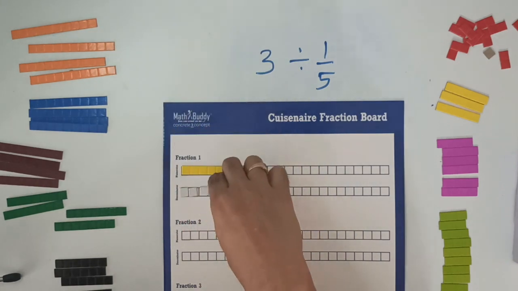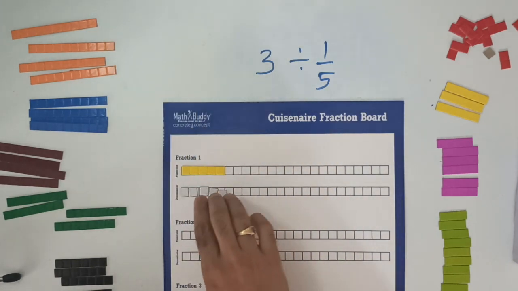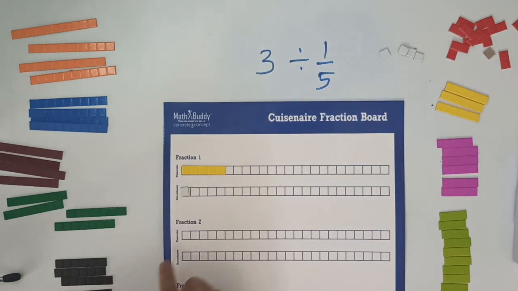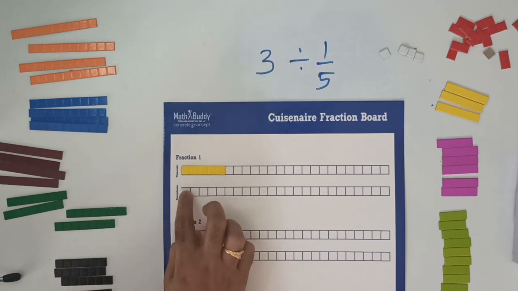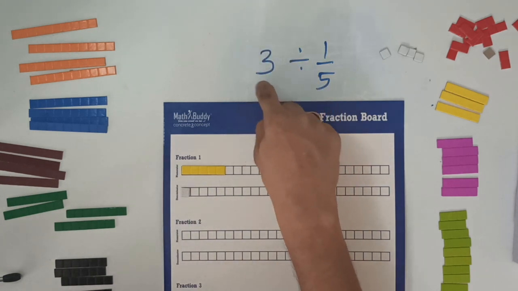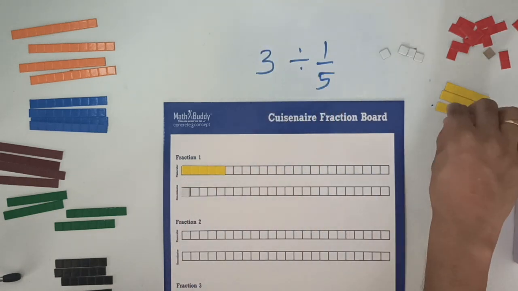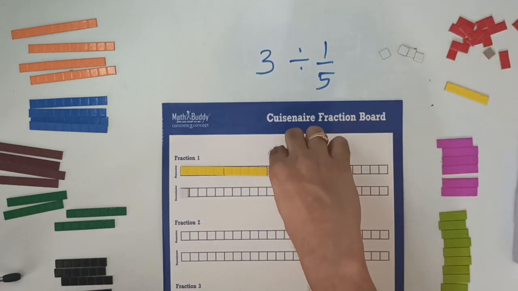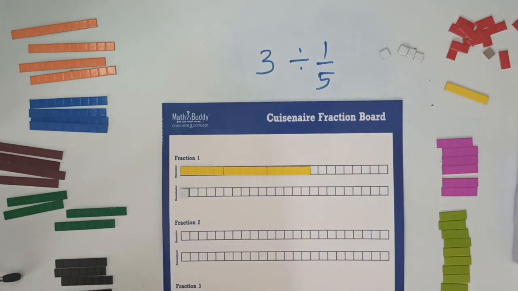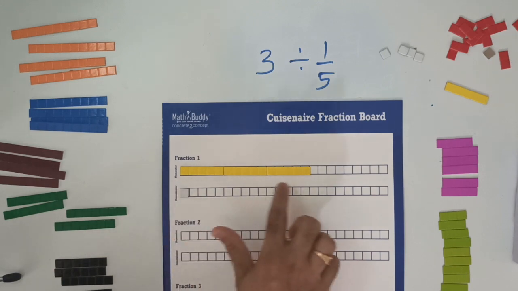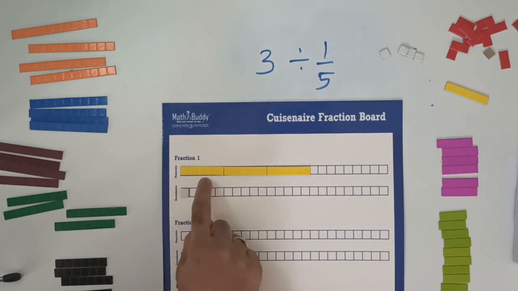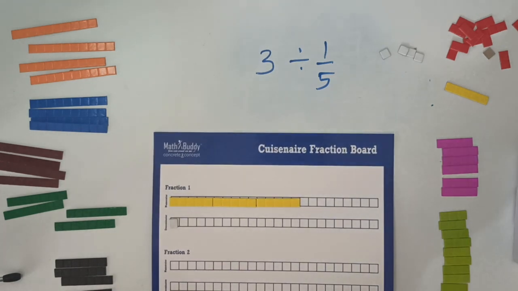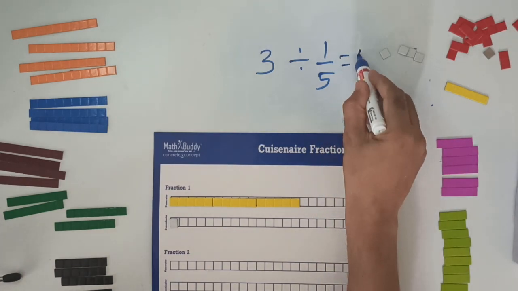So divide this into 5 equal parts using the white rods, and then remove the 4 parts because you need only 1 here. Numerator tells you that you need to keep only 1 part. So this is 1/5 of the whole, right? And once you identify 1/5, the numerator tells you that you need 3 such wholes. One whole is here. Let's add 2 more wholes. Each whole is 5, right? So we added 2 more wholes. And then the question is, how many 1/5s are there in 3 wholes? You can see that there are 5 plus 5 plus 5, 15 of them. So that's why we say that 3 divided by 1 by 5 gives you 15.